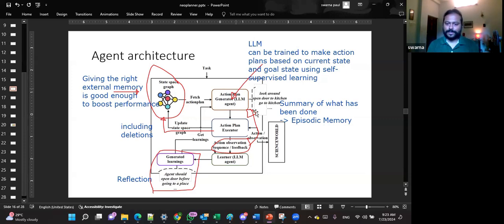But once the action plans are generated multiple times, like 3-4 times, the whole action observation sequence gets accumulated and is sent to the learner agent, and it generates a generalized learning about the environment, like you cannot go to a different room without opening the door. So from the next time onwards, it's going to use that semantic memory and take the correct action, I mean, open the door before going to a room. That's how the immediate action observation sequence might help to filter out irrelevant actions on an immediate basis.